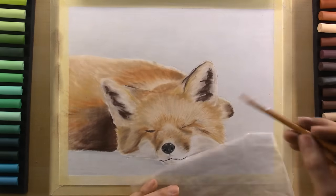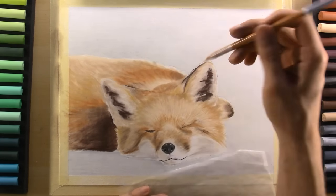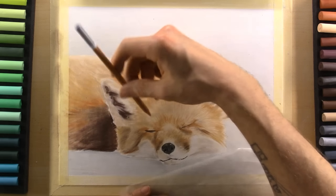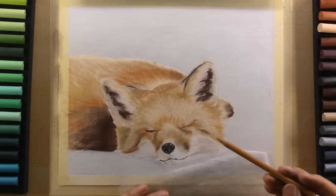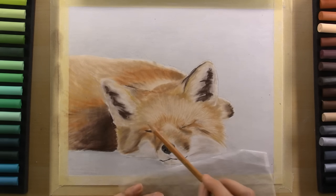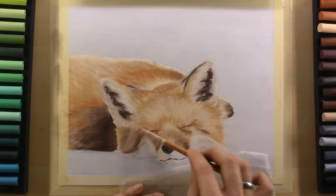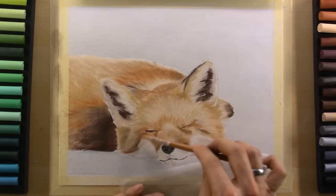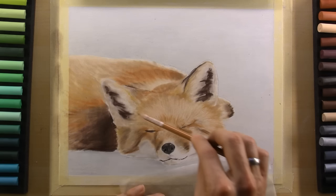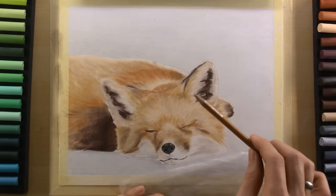Other than that, there's not a whole lot you actually need to do to protect your pastel pieces. I have a constantly growing collection of pastel work as I continue to work with them, and I enjoy working with them. Unfortunately, I don't really have the space or the capability of hanging anything in my flat, so I protect mine